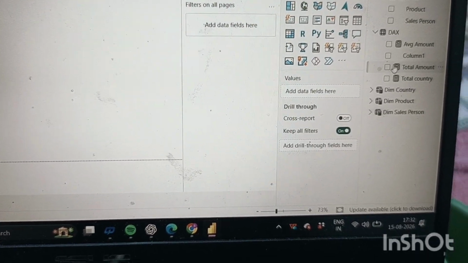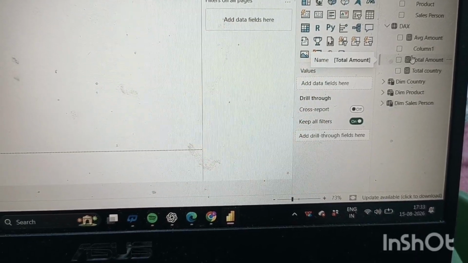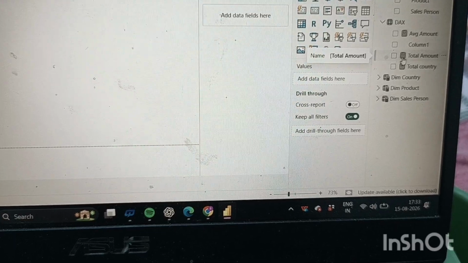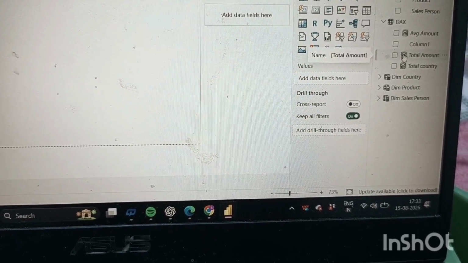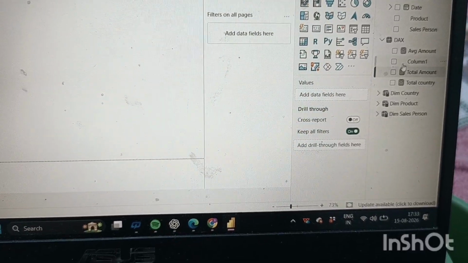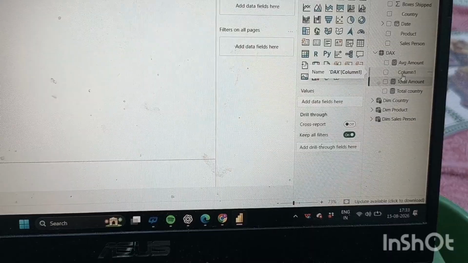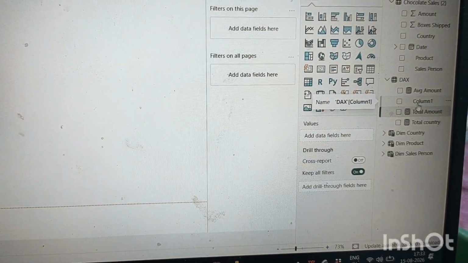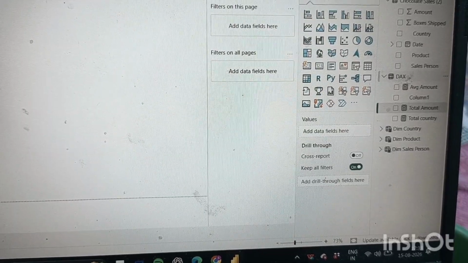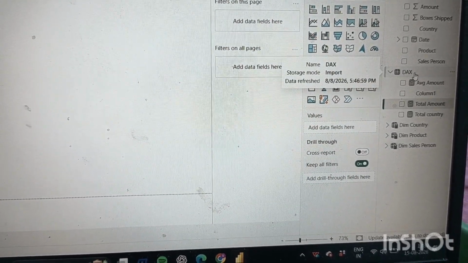This is what we have created. This is a measure. And how can you understand which one is a measure? After seeing this structure sign like a calculator, you can easily understand that this is a measure. Let me inform you of one thing: whenever you calculate a measure, you must create a separate DAX table. How can we create it?